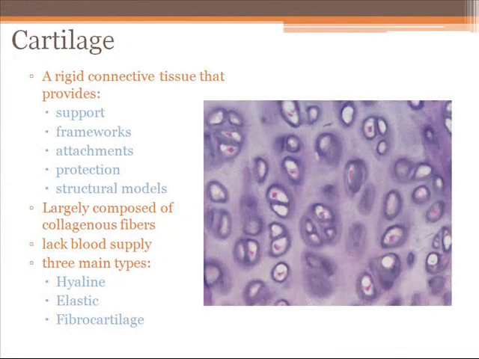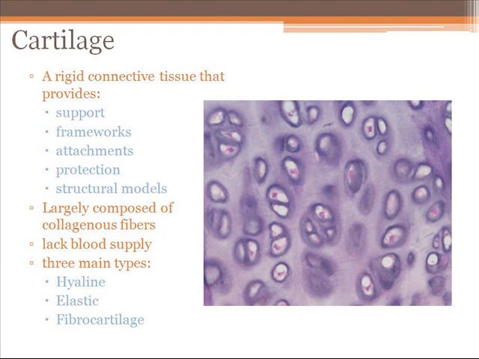Cartilage is a more rigid type of tissue that provides support, framework, attachments, and protection for underlying tissues as well as structure for developing bones. Cartilage is made up of collagenous fibers that embed themselves in a gel-like substance. Cartilage heals slowly and doesn't divide frequently because it lacks sufficient blood supply. The three main types of cartilage are